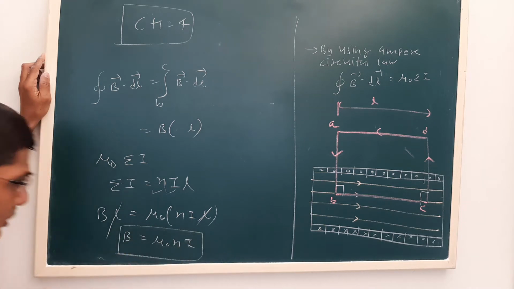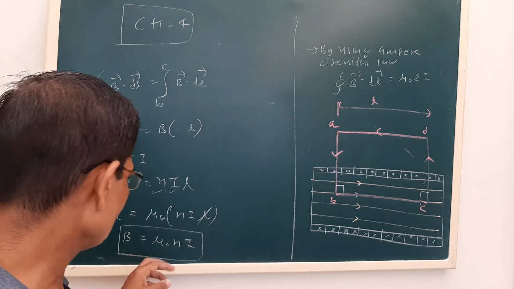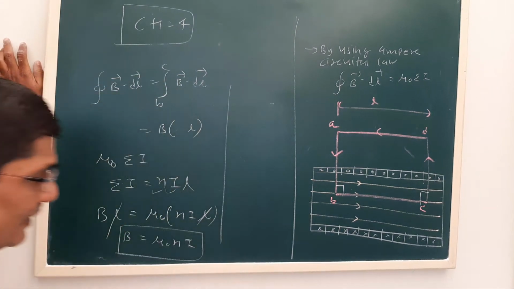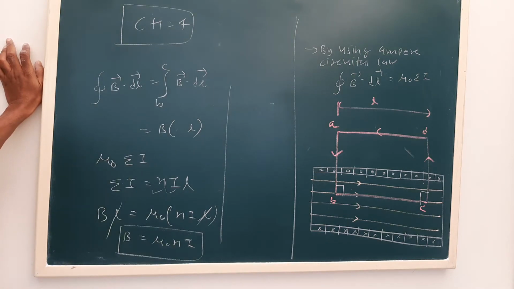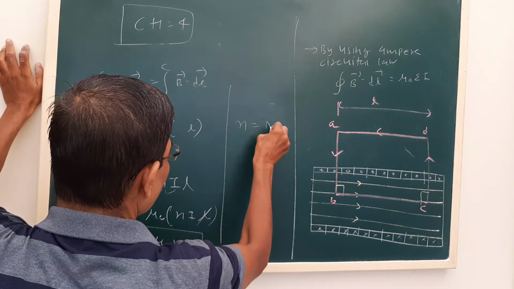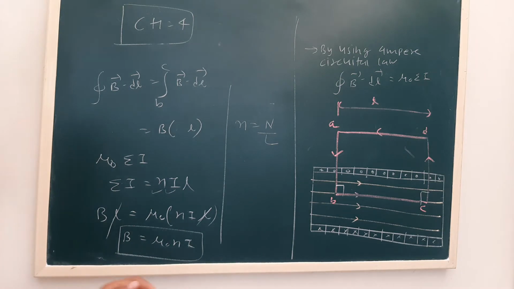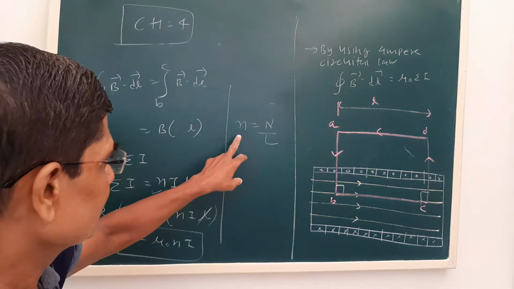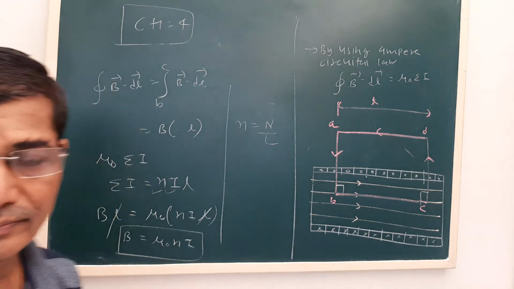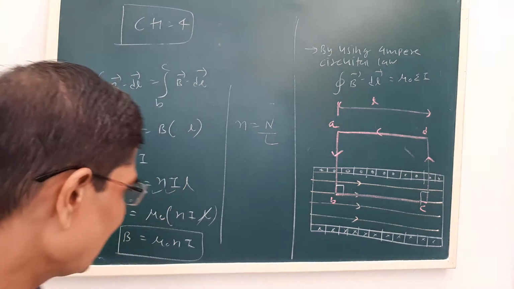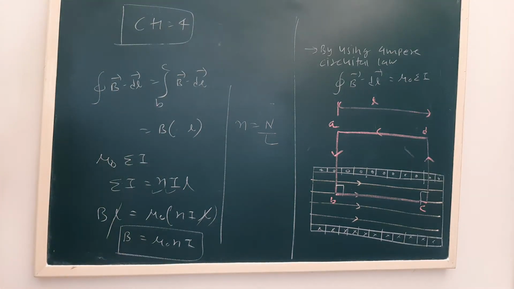So we can say for a very long solenoid, the magnetic field produced is B is equal to mu 0 into NI. Now, many times it is given in terms of the length of the solenoid. So in that case, the N we have to consider is N upon L. Sometimes they write capital N, then also it is okay. But for a very long solenoid, the magnetic field is B is equal to mu 0 NI. Mu 0 is the permeability of the vacuum. That value is 4 pi into 10 to minus 7, and its unit you are knowing. N is the number of turns and I is the current. So this is how we can find out the magnetic field due to a very long solenoid.